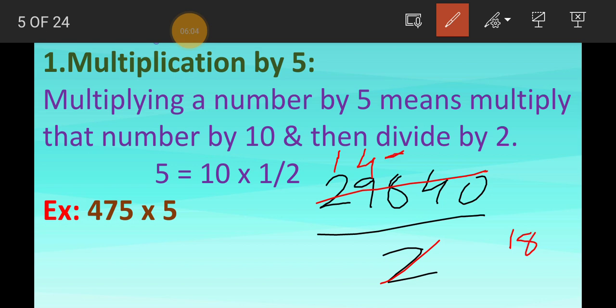It will be 2 nines are 18. Okay. After that 18 minus 18 I am going to get 0. So the next digit is 4 I will copy. It will be 2 twos are 4. And if 0 we are copying from up, we go for the zeros. So 2 zeros are 0. So 14,920 is the answer.